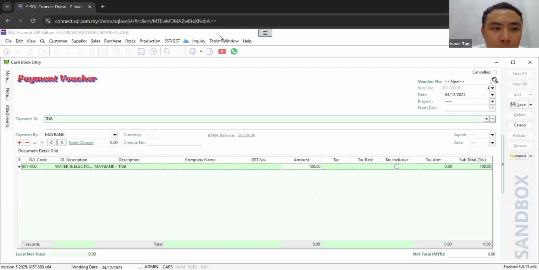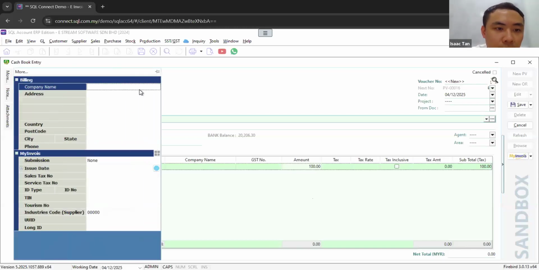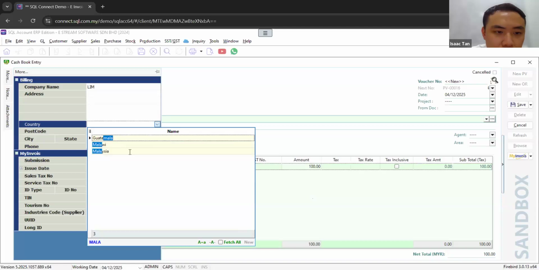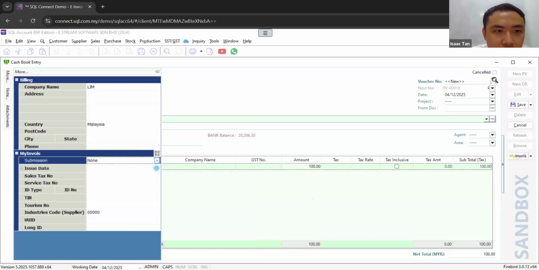But for e-invoice purposes, you need to key in at More here, and you can directly key in, let's say, Mr. Lim. This is the owner,